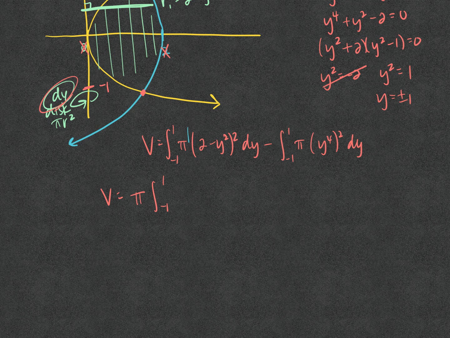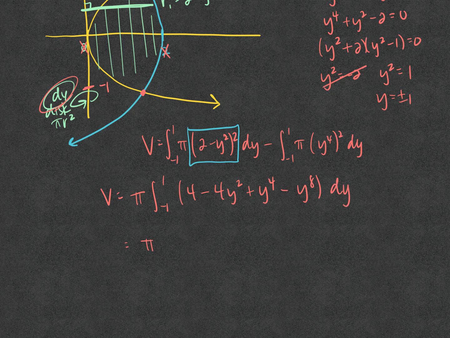Now this 2 minus y squared is a binomial, so you need to write it twice and do FOIL, and then you'll end up with 4 minus 4y squared plus y to the fourth. And then I'm going to go ahead and say minus y to the eighth. That's y to the fourth squared with respect to y. So we have pi. We can go ahead and integrate 4y minus 4/3 y to the third plus 1/5 y to the fifth minus 1/9 y to the ninth from